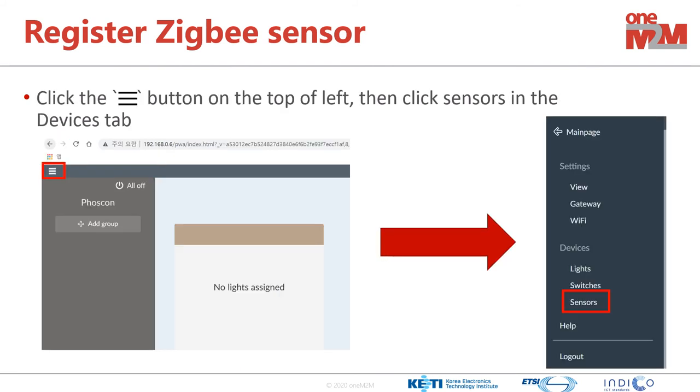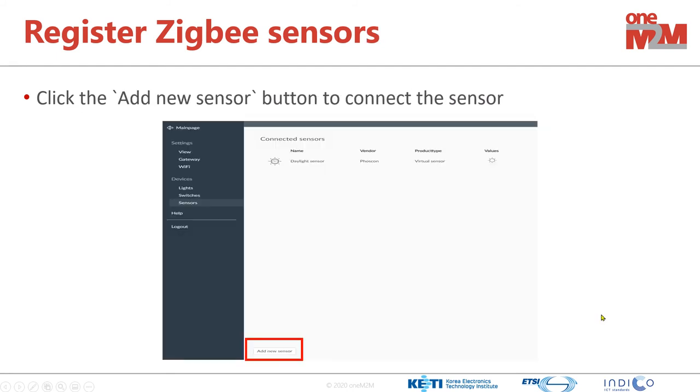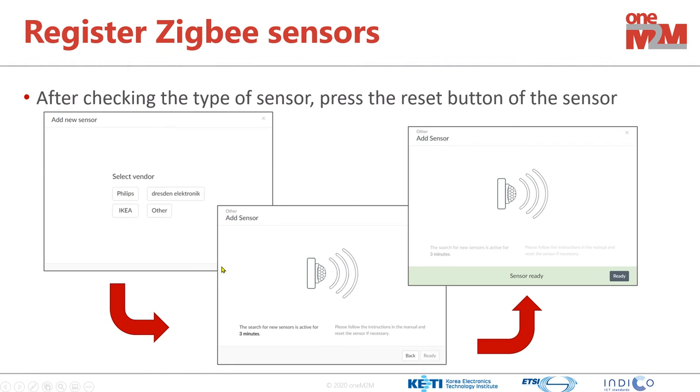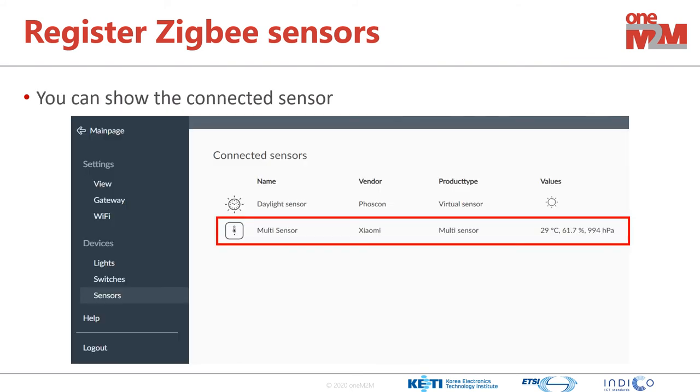In the menu, the devices and sensors menu, let's add some sensors, because we just run the gateway and we have several sensors and they should be registered or connected to the gateway. Add your sensor and choose some type, and please follow the instruction that we're going to show you after the presentation. And we see the connected sensor,